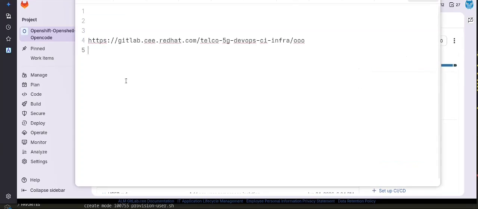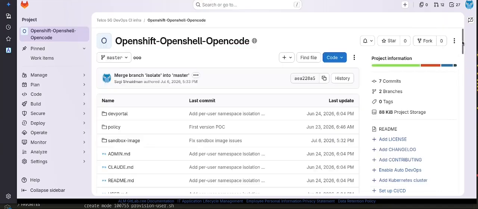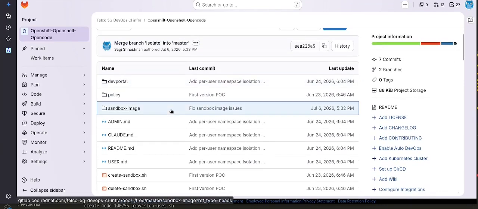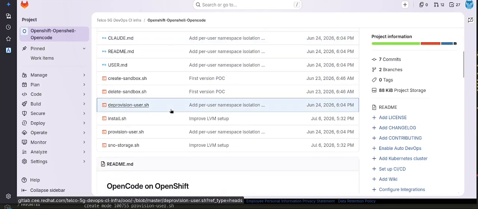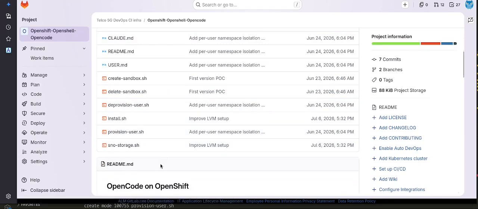You can copy-paste and try it. There is code that actually installs Openshell on Openshift and defines everything that we need for these workflows. It's very easy, it's just a few scripts. You just need an Openshift installation for that.